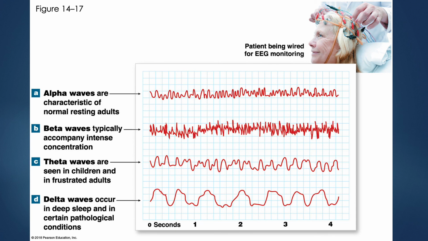As you can see, each of these 4 different types of waves have a very different appearance. So starting from the top, you can see alpha waves. And alpha waves are what you would expect in adults who are just sitting still, relaxing, with their eyes closed. So these waves will disappear when people are sleeping, but they'll also disappear when people start to focus on a very specific task, at which point that's when you'll start to see beta waves. So the beta waves are much more jerky because we've got somebody who's paying attention, focusing very seriously on something,